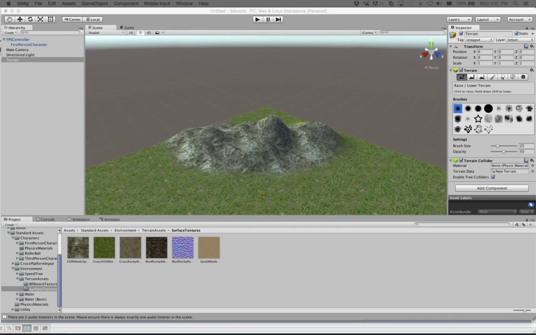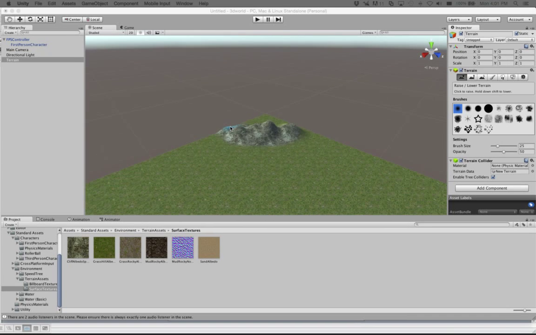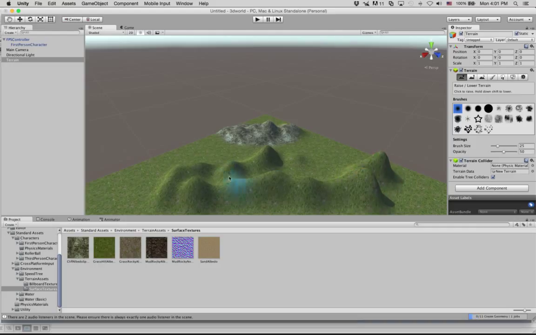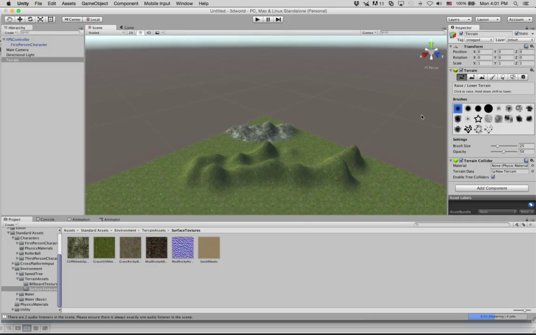Okay, so this is where we left off last time. We were building our terrain and we were raising and lowering and things like that. We added our first person controller and made all sorts of neat things using different types of textures and stuff like that. So let's see, I'm going to undo what I was just doing as I was talking. Smooth this stuff out. So I'm holding shift and moving this stuff down so that we can get a nice